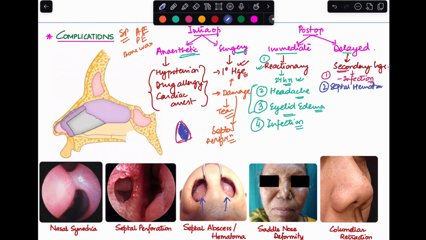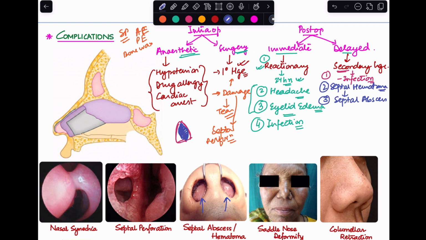Now, septal hematoma, the way to treat it would be to drain it out immediately. Either you perform an aspiration or you do an incision and drainage. Now, if this septal hematoma has not been drained at the right time, then what will happen? It will lead to another complication. Because the cartilage is not getting any blood supply because of the swelling, this will lead to infection of this swelling and development of what we know as septal abscess. So septal abscess happens when the hematoma gets infected, which was not drained in time.